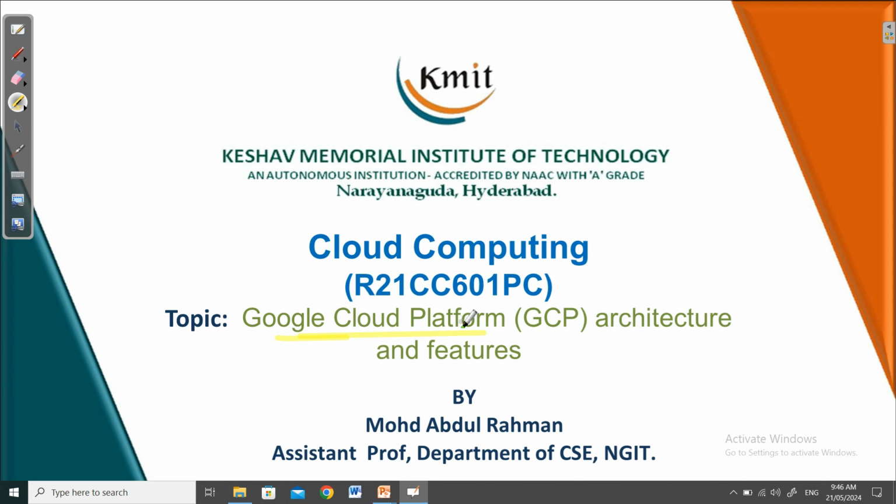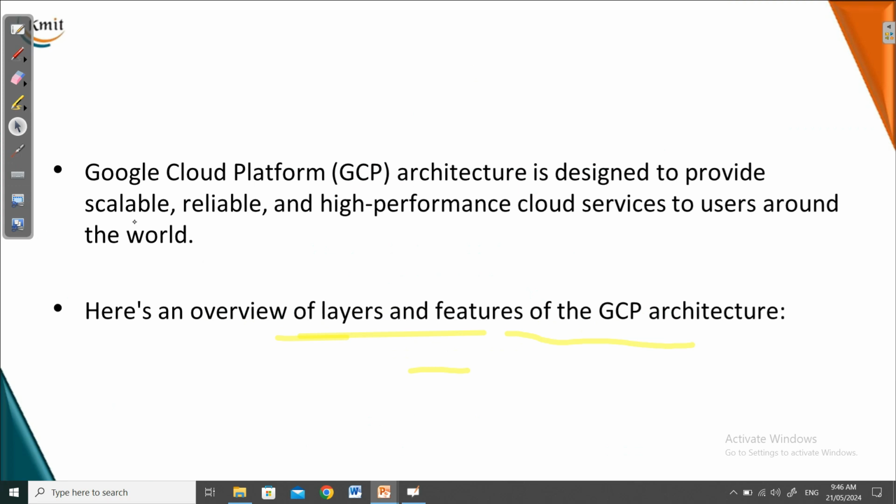So we are going to see the architecture of Google cloud platform, and what are its features. So we will go one by one. There are different layers available in this. The first layer which we see is